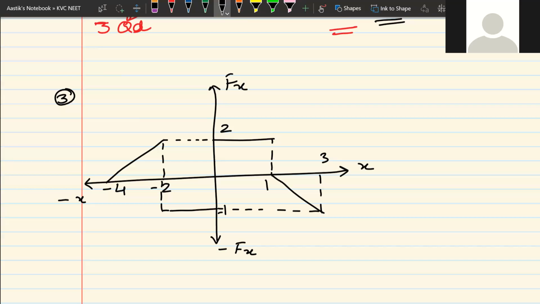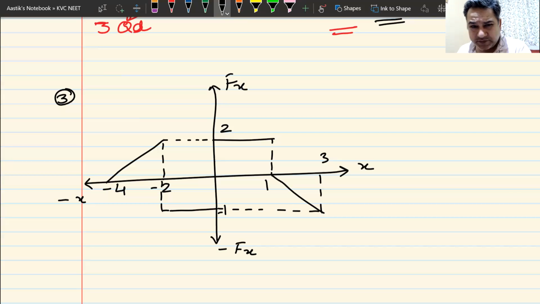Anyone got any answer? Remember, areas are always positive. We are making them positive and negative because there is a dot product there. That's the entire reason. Be careful, don't make mistakes. You might not get a question like this because I have never seen a question where the area is coming in the second or the third quadrant. Basically, the first or fourth quadrant is where the question will come, but if it gets to the third and second quadrant, you must be able to do it. That is the entire concept.